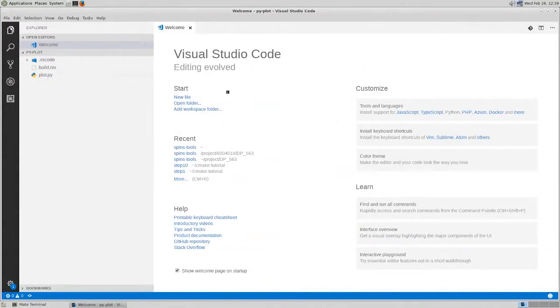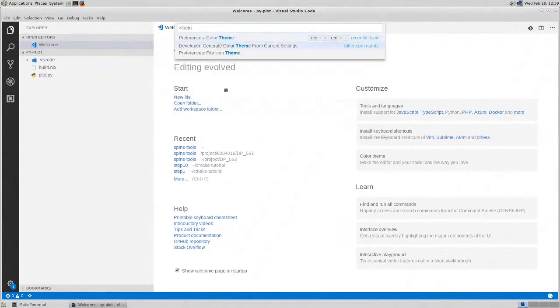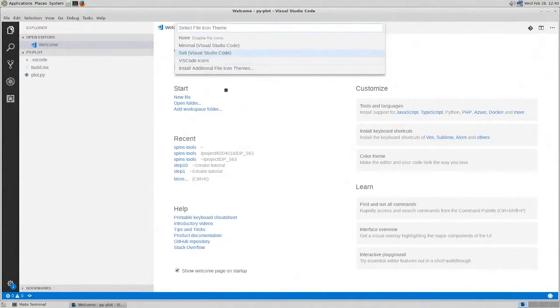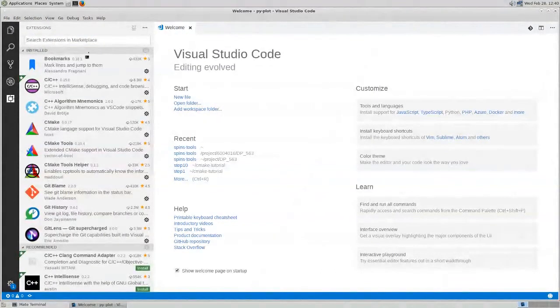But if you want to change that, you can press F1 here and then switch to, for example, a different file icon theme. There are some already installed themes. If I change, you can see on the left that the appearance of icons is changing. But you can install additional file icons using an extension. The best extension for icons here, if you switch to extensions, is